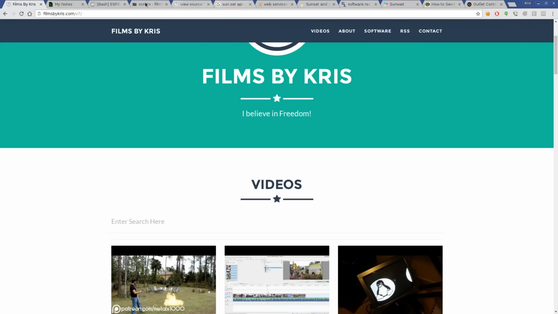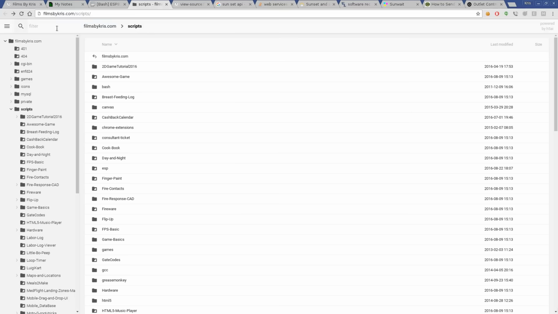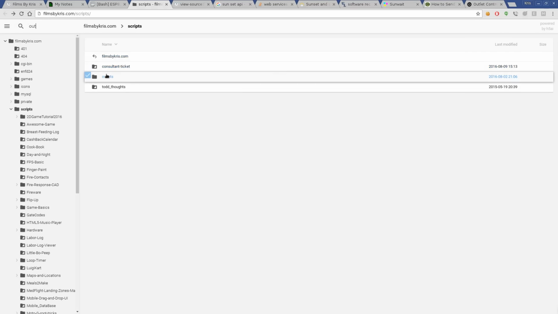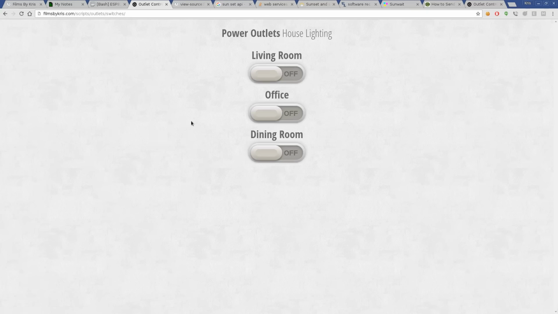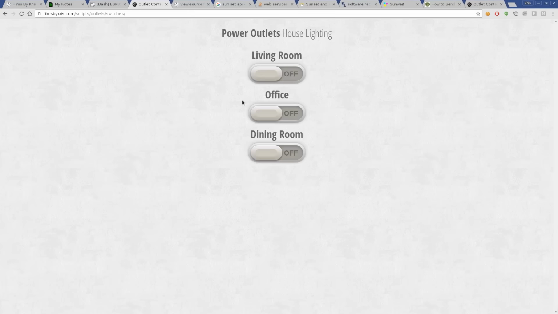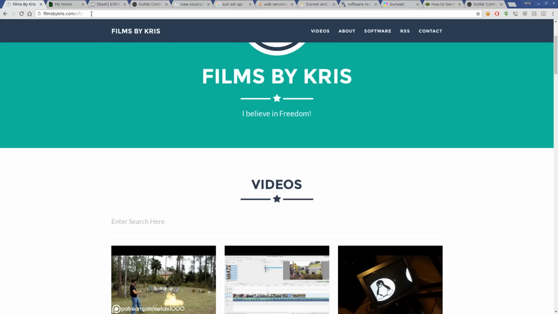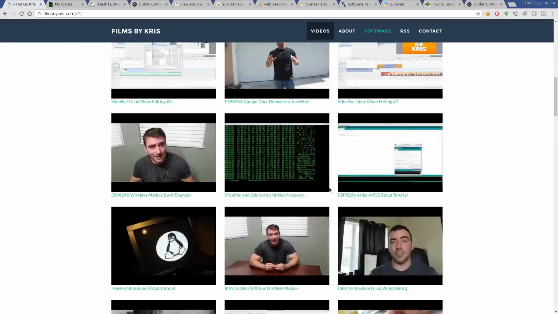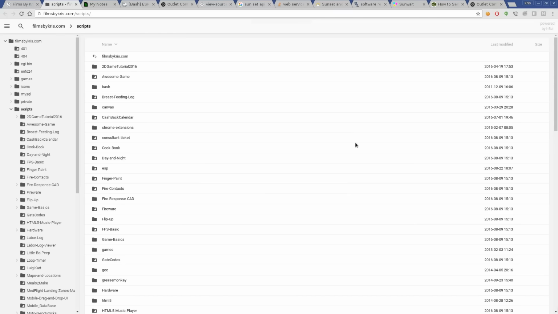Again, even if I go back here to outlets, switches. This is a template I got somewhere, but I'm pretty sure it's using Bootstrap, because I'm pretty sure that's what I searched. Nope, maybe not. It's just CSS. But yeah, and I know I've talked about this in the past, but if I go to my scripts,